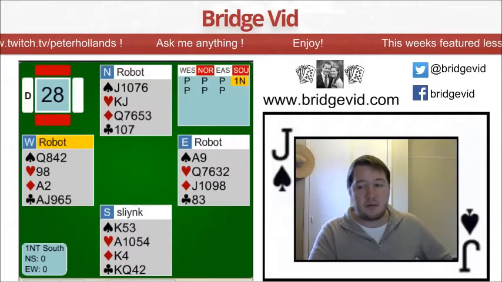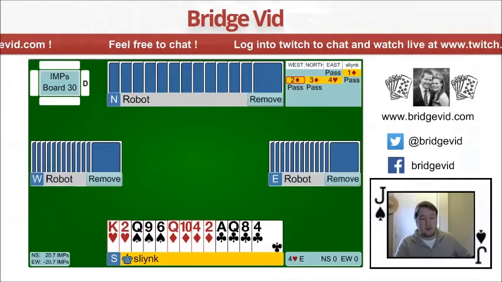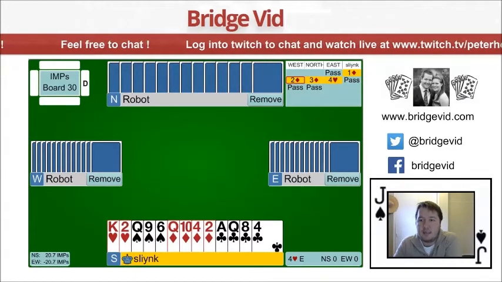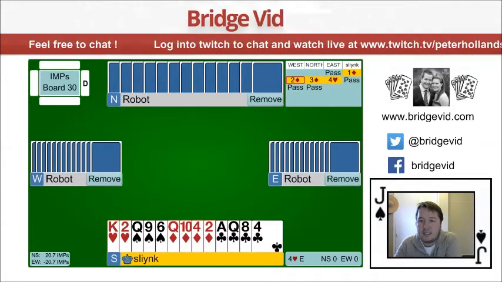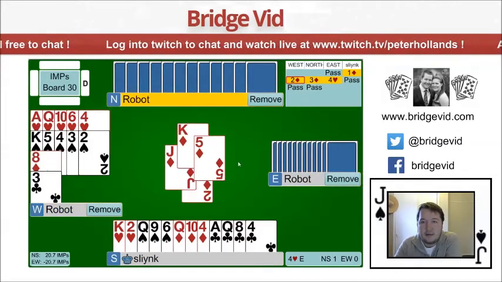Not everyone signals that way, but I signal that way, and I think the robots might signal that way. Hopefully they do. Anyway, on to this hand. Pass, 1 diamond, so East is a passed hand. West has 5-5 in the majors, and my partner raised diamonds. Okay, so I'll just lead a diamond, and